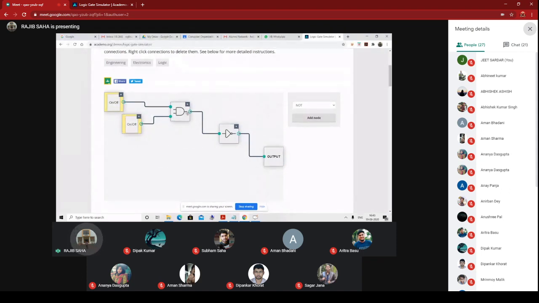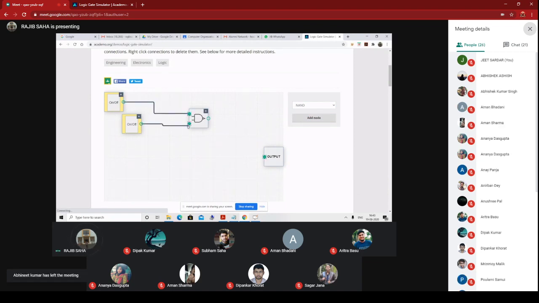See, it is NAND using AND and NOT. If I remove this, you can check it directly with the NAND. You can put it over here, just connect it, and the same thing will happen. So I have done it once using AND and NOT, and once using the NAND.